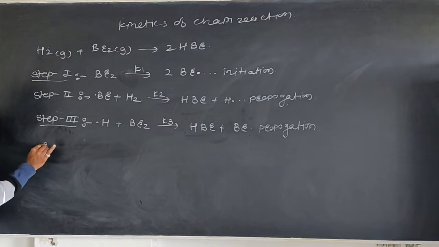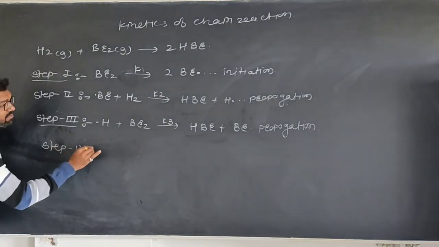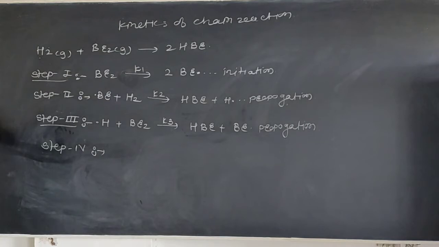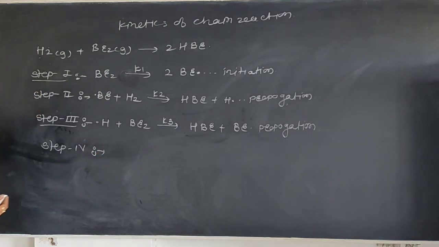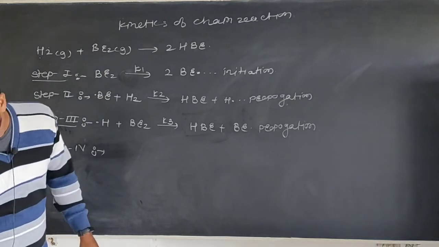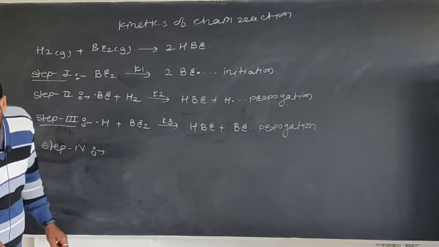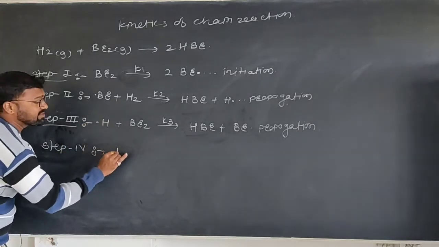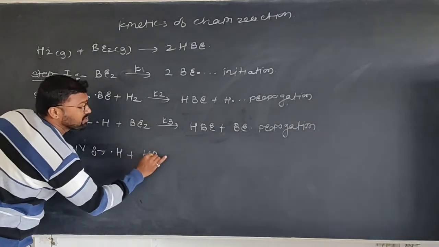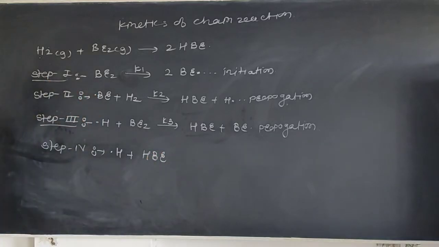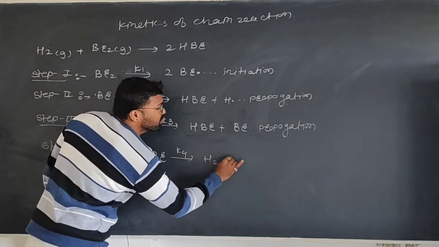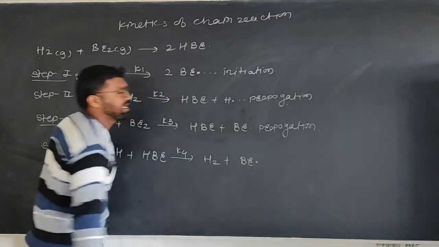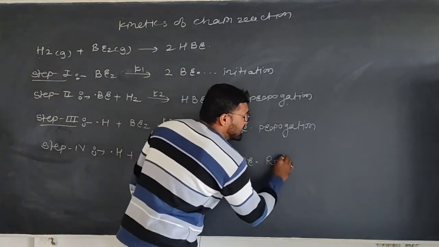This is also one of the possibilities to form the HBr molecule as a product. Now in step 4, a retardation happens. In step 4, the hydrogen radical formed in a previous step may attack the HBr molecule directly. This is also a possibility. With the rate constant K4, there is again formation of H2 with bromine as a radical. This is called retardation.